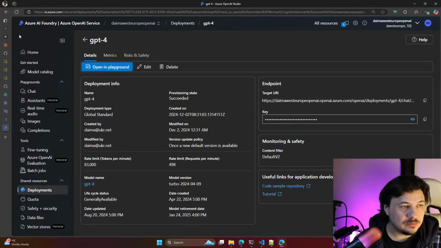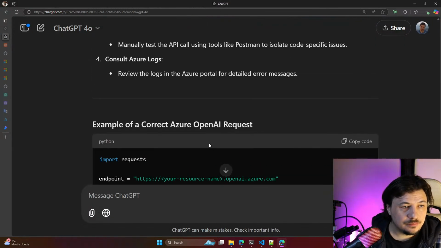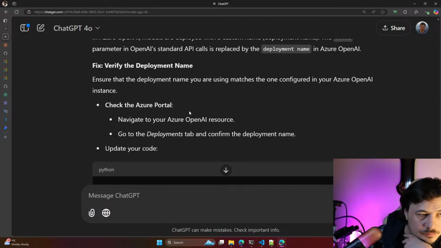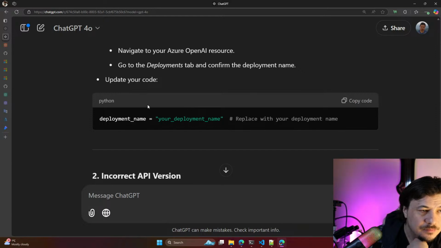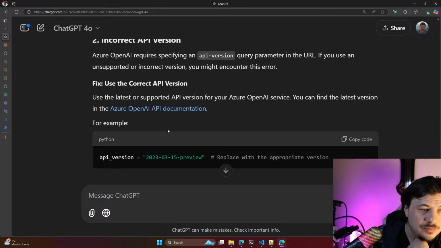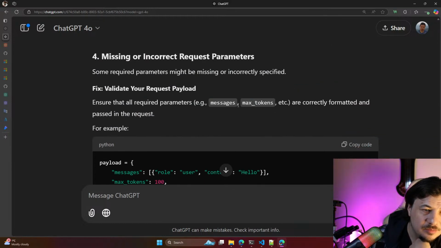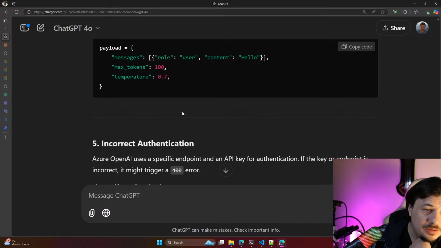Okay, let's see why we could receive model error. We ask that question here. Incorrect deployment name. And confirm your deployment's name. Update your code, deployment name, API version. Okay. Model not deployed or unsupported. Okay, it looks like supported. Missing and correct request parameter. Messages, max token, should be fine.